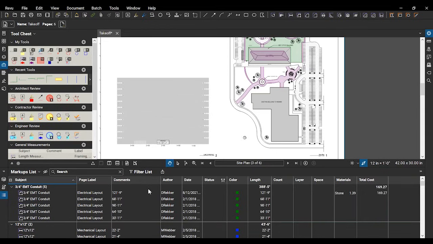So the last thing I wanted to show you guys about the markup list is how to create a summary. And so clicking this little, what looks like the share button, like you'd find on an iPhone or something like that. If you click that, you'll have the option for different summaries for your markup list. If you select PDF summary, which is the most common one, but you can also do CSV or XML,